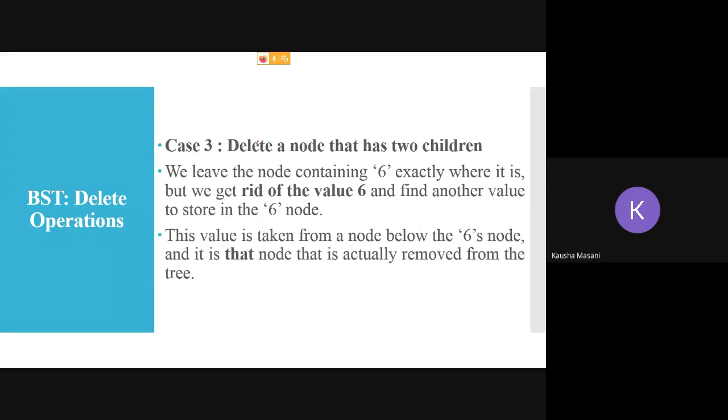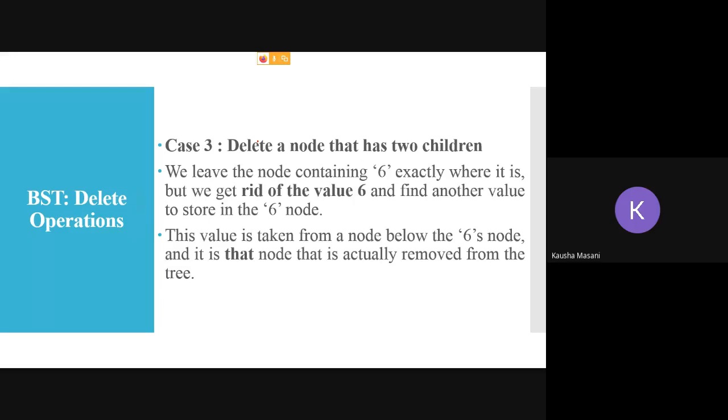If you are selecting the value from the left subtree, this is the rule. I want everyone to note it down somewhere, either electronically or in your notes. In case number 3, delete node that has 2 children, BST. Point number 1: you are not going to delete the target node.